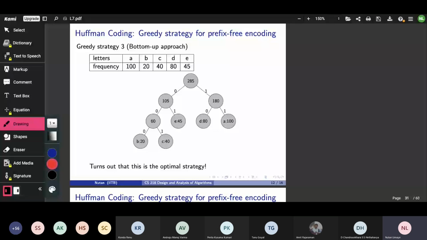We are going to try to prove that this greedy strategy is indeed optimal. It's a very interesting proof actually. So we'll try to show that it is optimal.